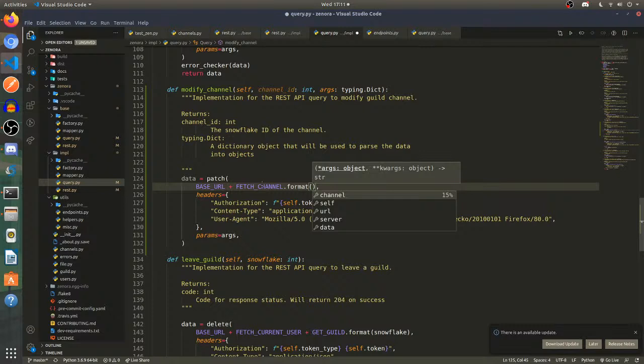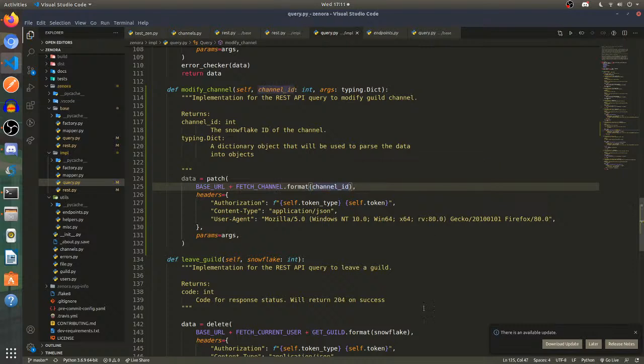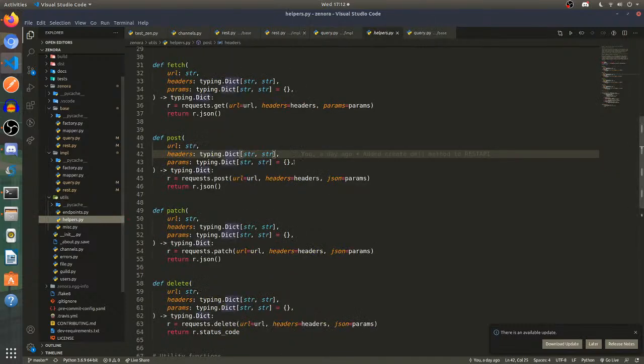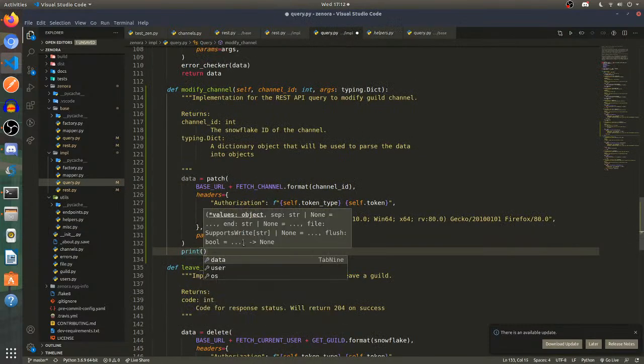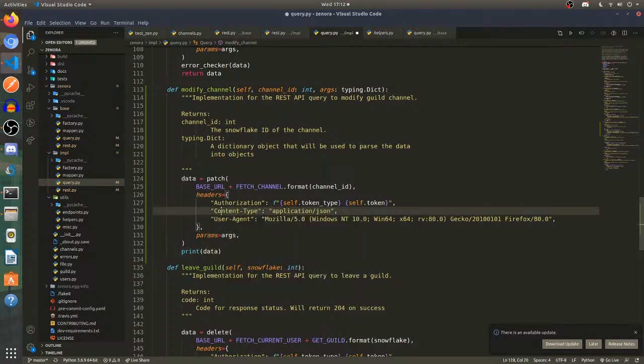This should be the channel ID. Yeah, so I have this, and the authorization is working right now. I have the content type, everything's working, params is working. Let's go to the helpers, because I have the patch request helpers. It's returning me the JSON data, and I just want to print the data for now.